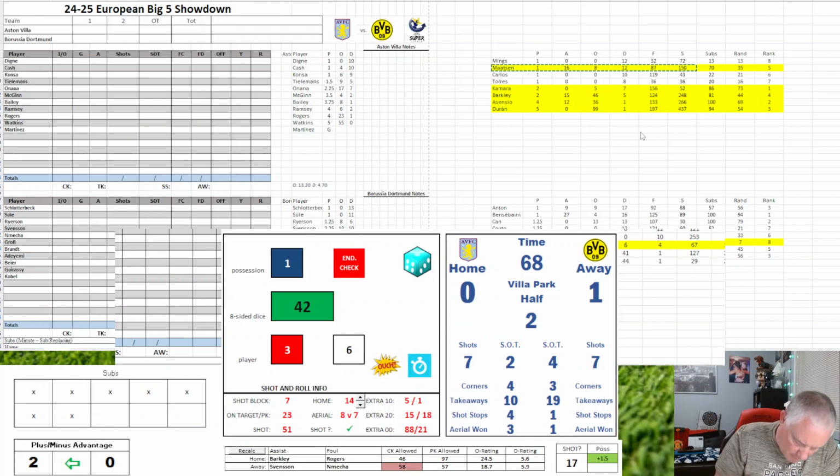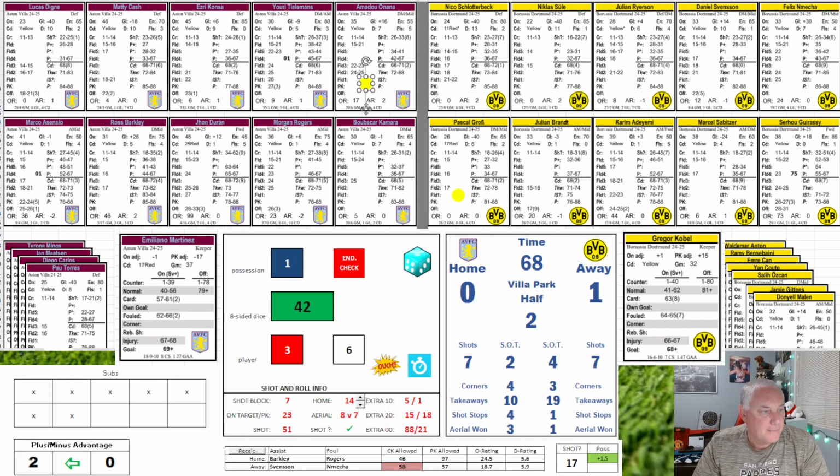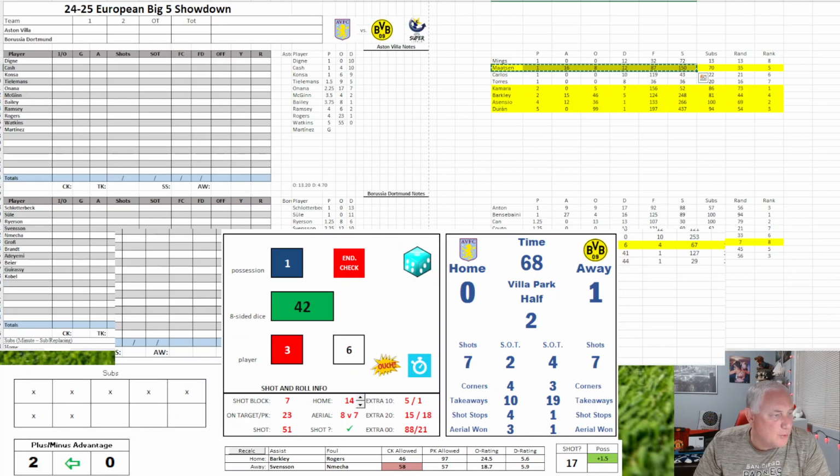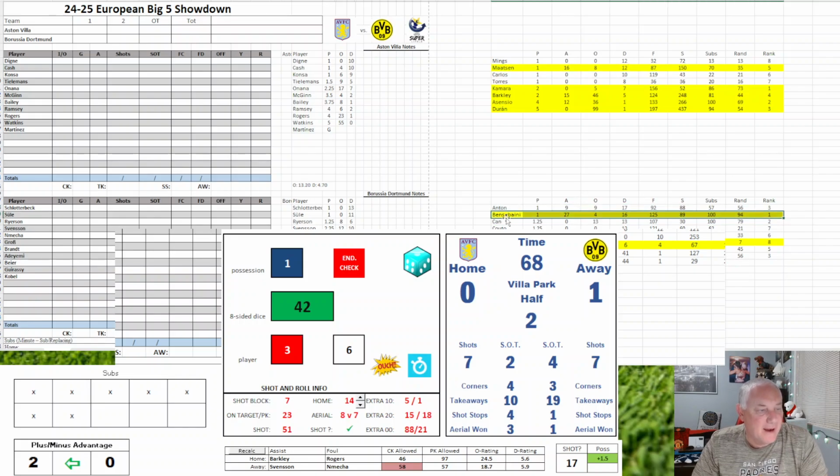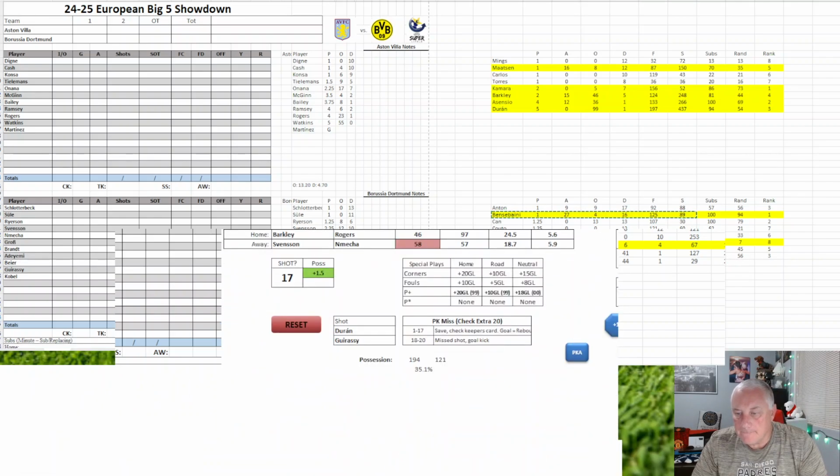68th minute for Onana. And on the Dortmund side, Pascal Gross is coming out. So Gross is a 2.25. So a 1 to 3.5 is going to be Bensabiani. Man, his names. Bensabiani is in for Pascal Gross. So a little bit of a defensive sub.